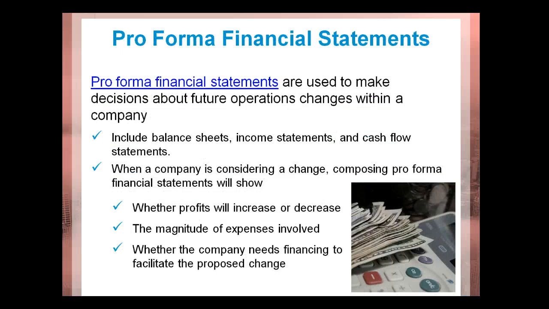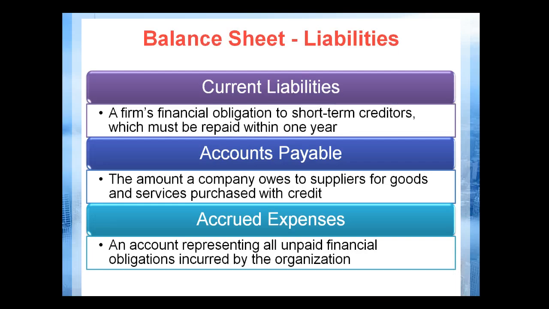Liabilities again are like cash. The faster you have to pay it, the sooner it is shown. Liabilities have to be shown in order of maturity. So if you have a liability that's due in 2 years, that's not going to be considered a current liability. It's going to be considered a long-term liability. Current liabilities are obligations that are to be repaid within a year. Accounts payable is one example of that. Generally, when you have accounts payable, you're going to pay those within 30 days.